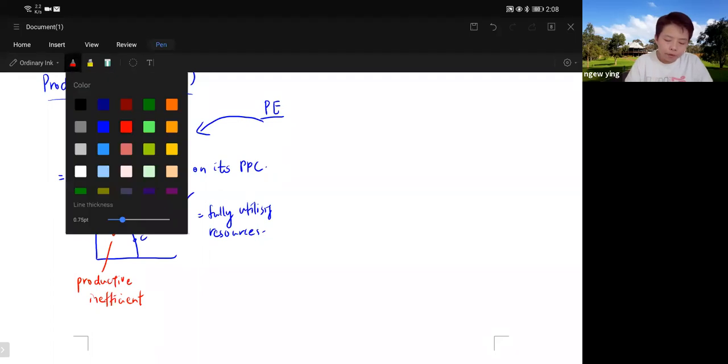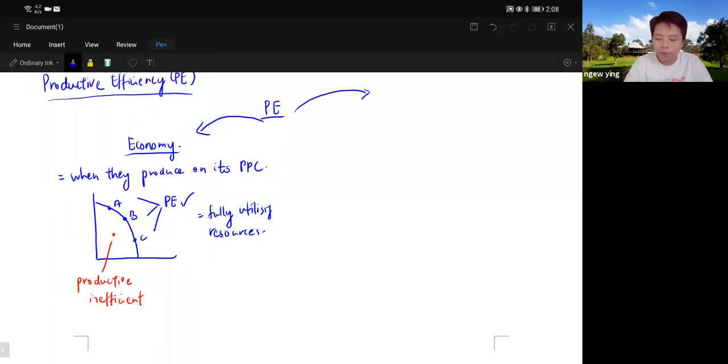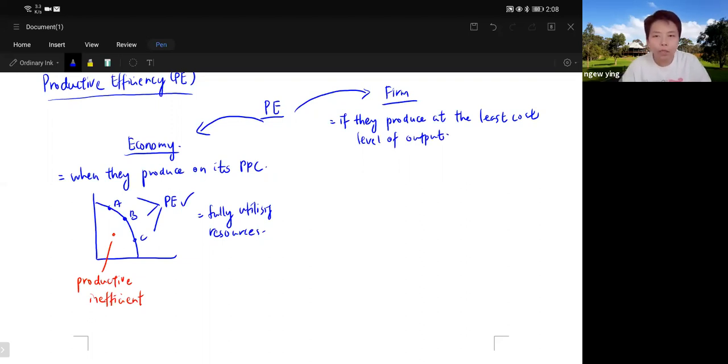And next, from the firm's point of view, the firm is said to have achieved productive efficiency if it produces at the least cost level of output. So the firm has achieved productive efficiency when it is producing at an output level at which it can drive its average cost to the lowest possible. So if you look at the diagram,